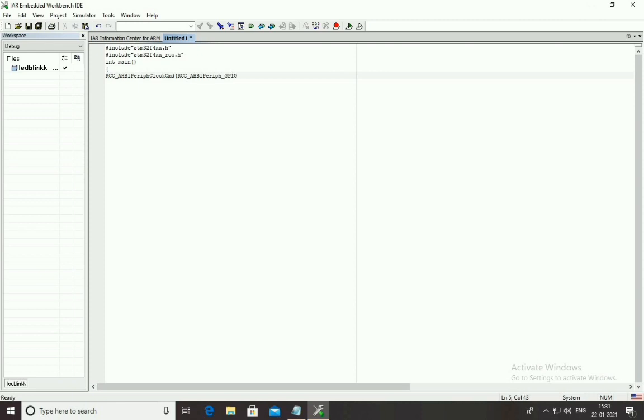So you have to enable the clock of AHB1, okay. So using this command you can enable the clock of AHB1 advanced high performance bus.